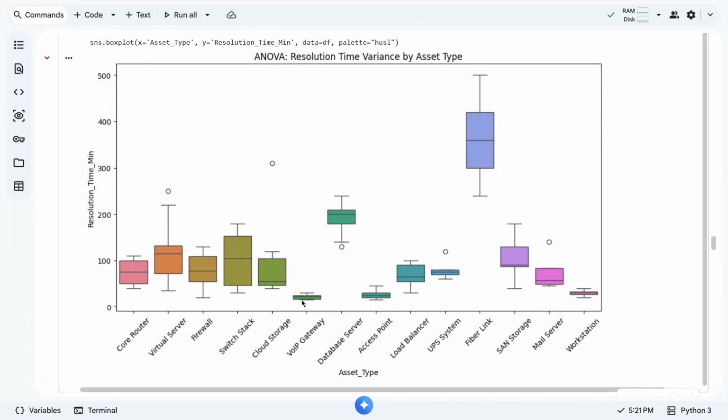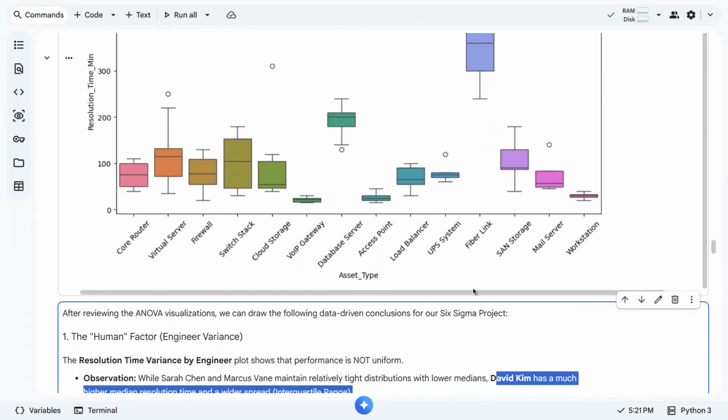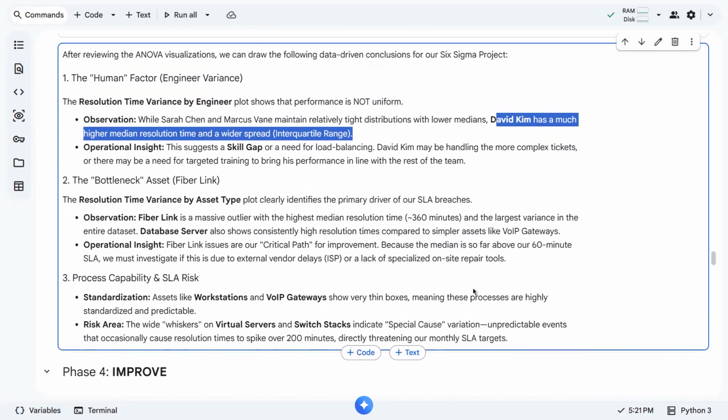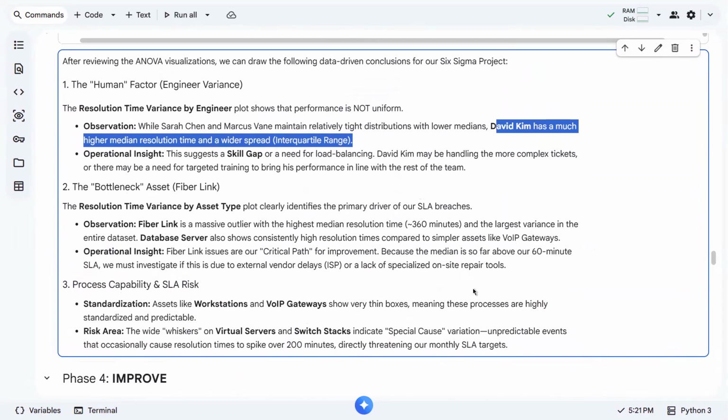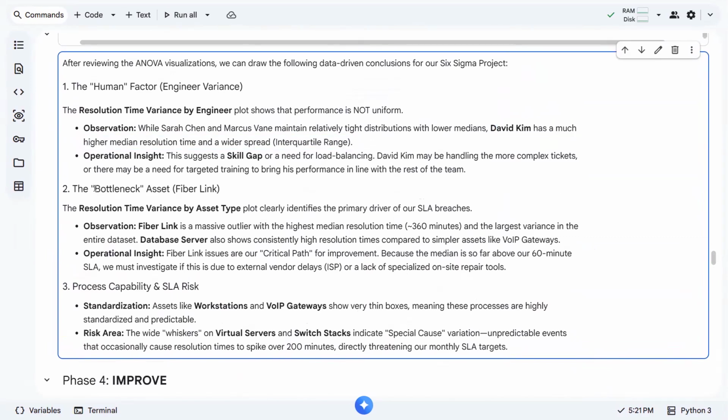We are confident to say that if the issues concern these assets, it's safe to say that they can be resolved in less than 60 minutes, as shown in our data set. So with that, we can say that the bottleneck is on the fiber link, right? So we have to do something regarding our fiber link.